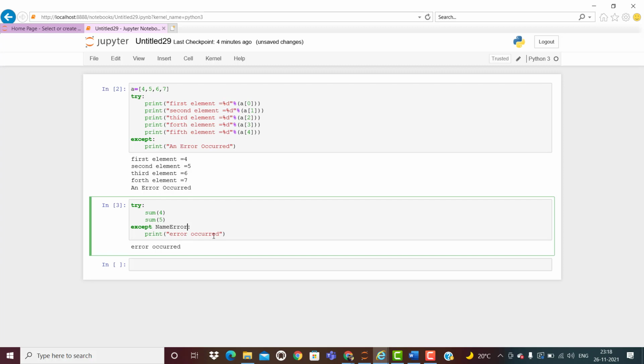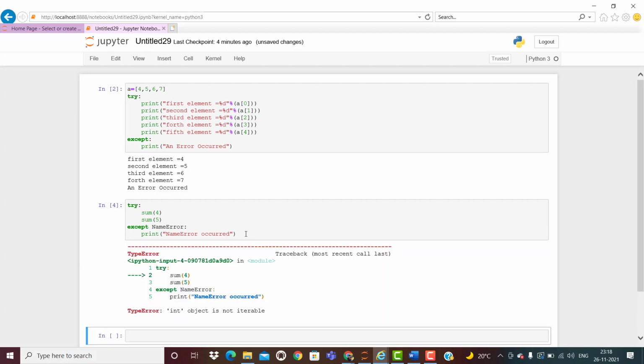So here I'm going to write named error. So here int object is not iterable.